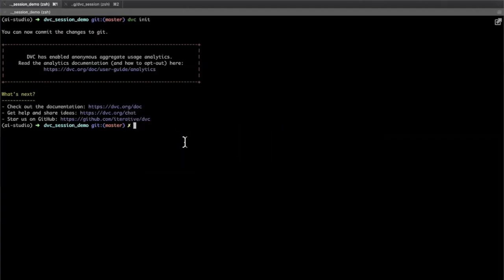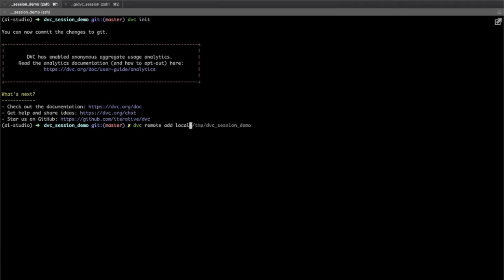With Git, you add remotes to track your GitHub repository and all. Similarly, you can add remotes to DVC. The syntax is dvc remote add, then name and URL.